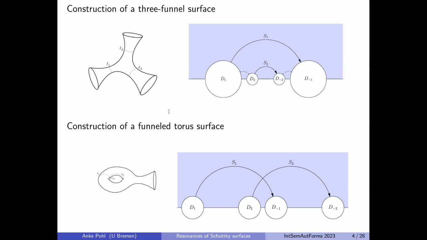Okay, and then what is depicted here in, I would call it violet. Maybe you would call it blue. It depends a bit on what your screen is showing you. This is a fundamental domain for the group generated by these generators, which you got by this construction algorithm. Okay, and you just glue these together, and in the upper situation you would get this 3 funnel surface, and in the lower situation, because you have this crossing, you will get a genus 1 situation with 1 funnel. And of course you can do this with many more balls, then you would just get more complicated surfaces.